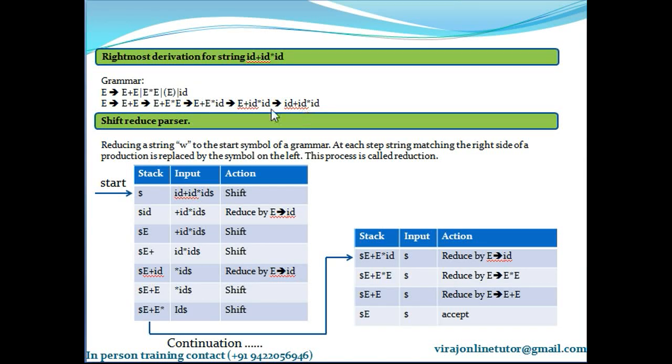Now, always try to move opposite of rightmost derivation. So if I now take this ID, I have to match it with the right hand side of the productions. This ID is matching with ID. So I replace ID with the left hand side, so I replace ID with E. Now if you concatenate this, I get E plus ID into ID, which is E plus ID into ID.